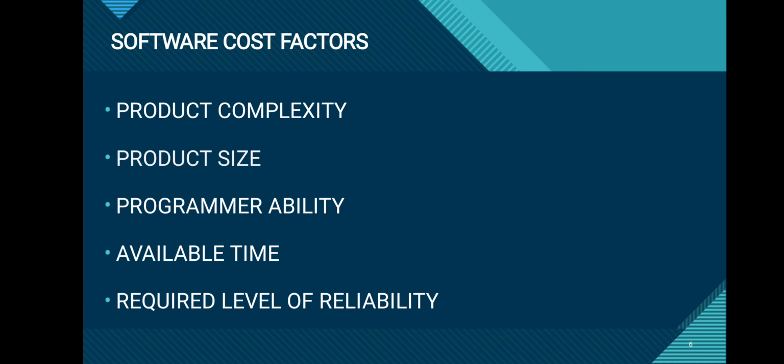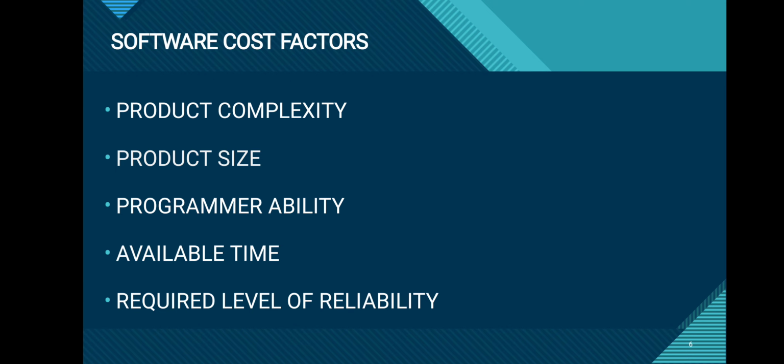So we need more programmers for large projects. Then available time. Total project effort is sensitive to the calendar time available for project completion. If we take a large project, it will take more time. So available time is very important